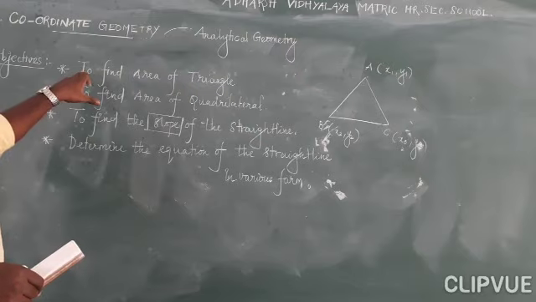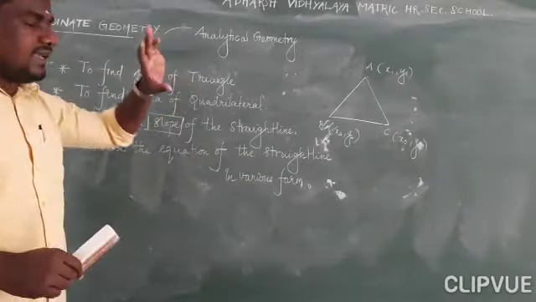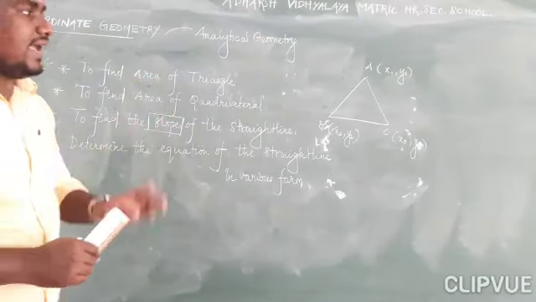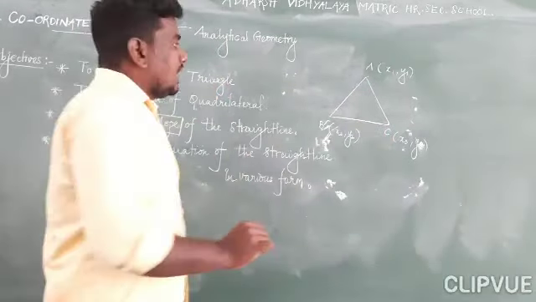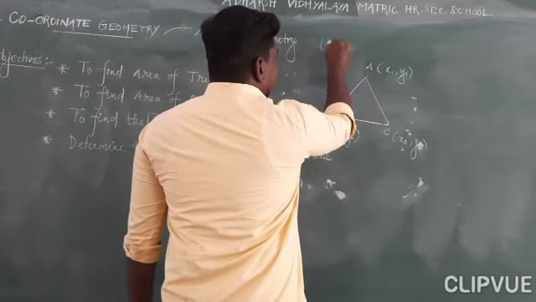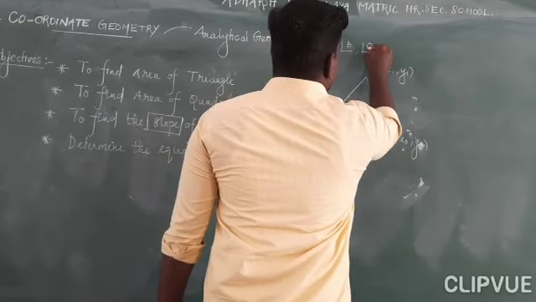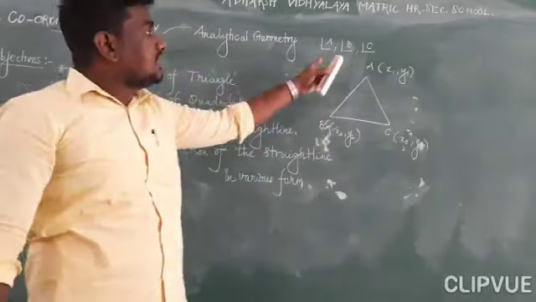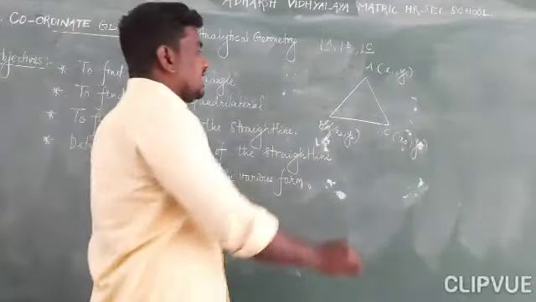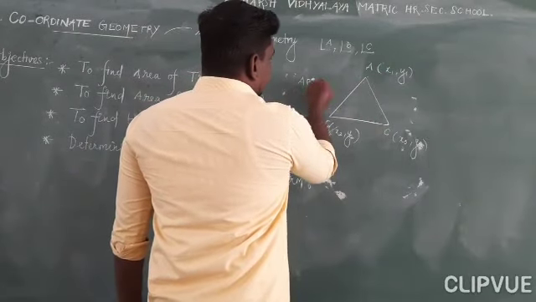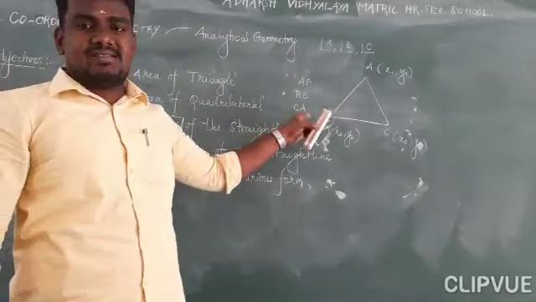We start from the area of the triangle. You know that a triangle has 3 vertices, 3 angles and 3 sides. These A, B and C are the vertices of the triangle. There are 3 angles: angle A, angle B and angle C, and the sum of the angles of the triangle is equal to 180 degrees. And there are three sides, namely AB, BC and CA. These are the sides of the triangle.